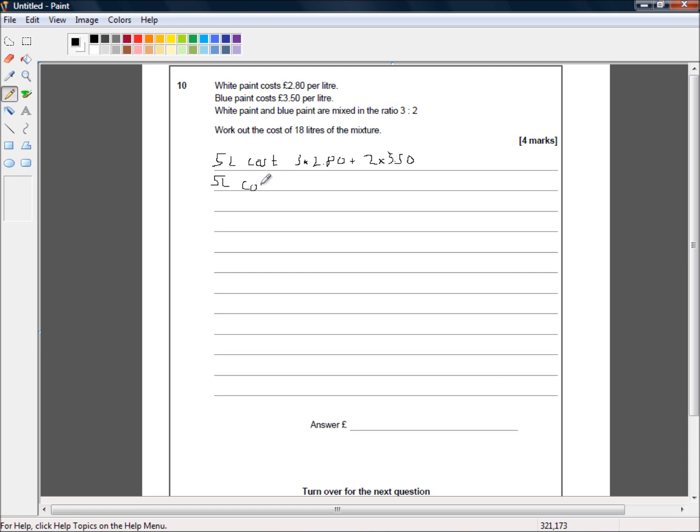costs, so we know the £7 without even doing anything, but 3 times £2.80 is a little bit harder. You can either do 3 lots of £2 plus 3 lots of 80p, which is £2.40 plus 3 times £2 is £6, so that's £8.40. Or the other way you could do it is to say £2.80 is very nearly £3, so 3 times 3 is £9, and take away 20p times 3, which would be 60p, so £9 take away 60p is £8.40. Either way, we have £8.40